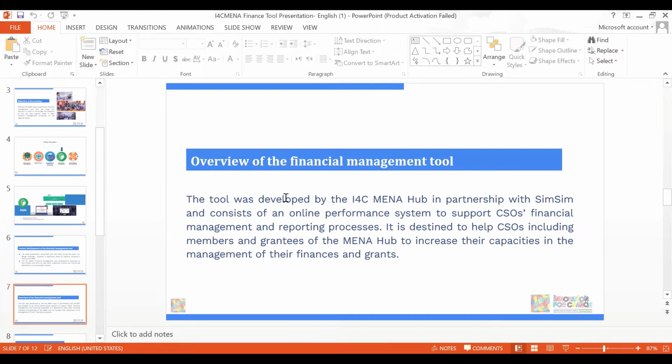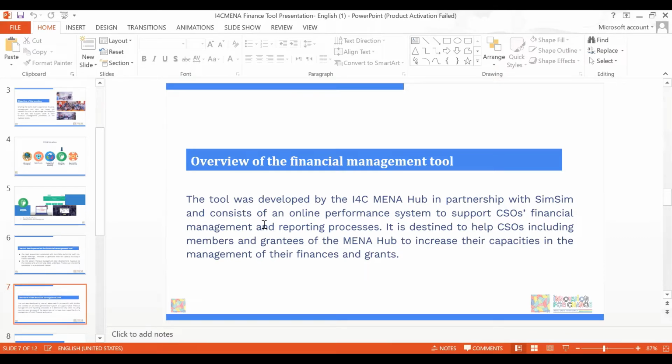The financial tool is an outcome of the knowledge souk platform, and it's of course implemented jointly by I4C MENA Hub and SIMSIM Participation Citoyenne. It consists of an online performance system tailored to support CSOs' financial management and reporting processes.